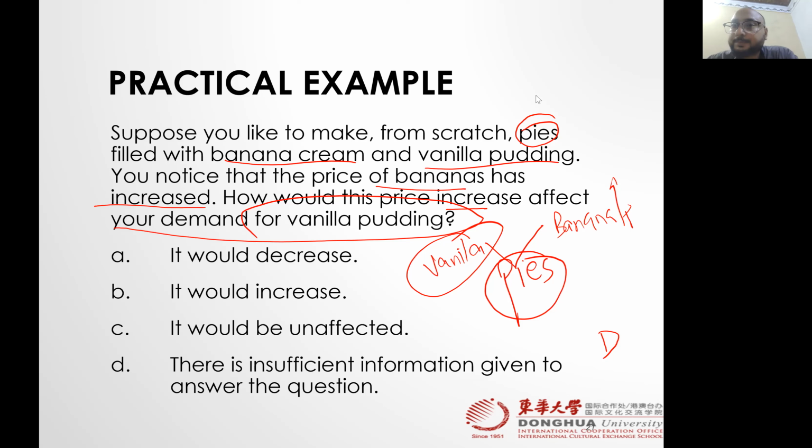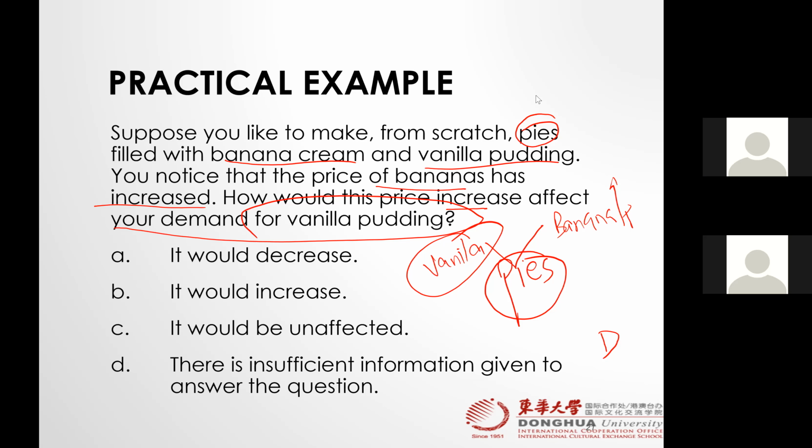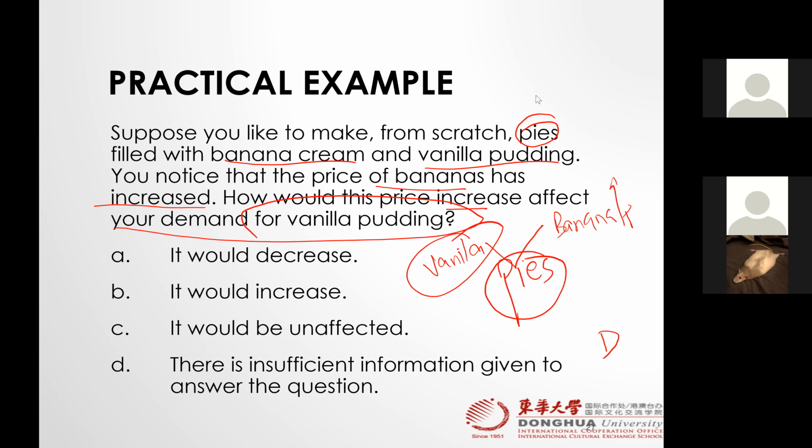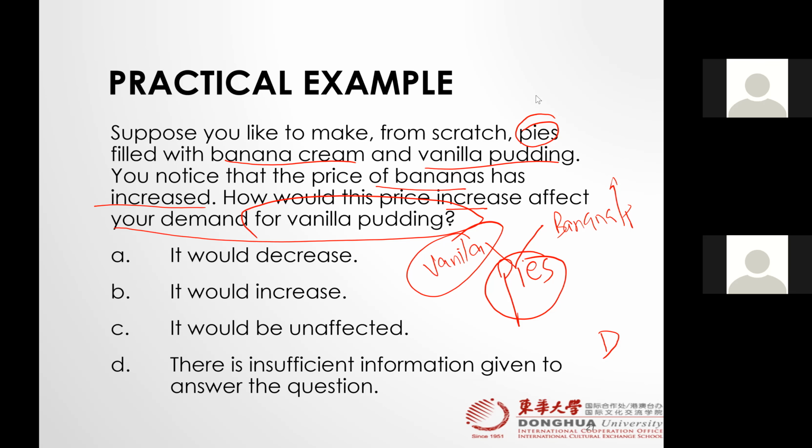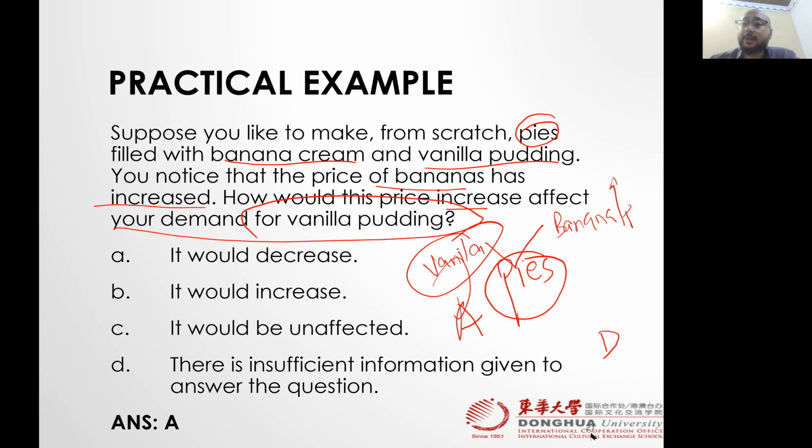Marco, Nicholas. I'm with A maybe. A. I heard the answer A. Well done. Why is it A and why not D? Because they're complementary goods. Well done. Because your main product is to make pies. Whatsoever is the price